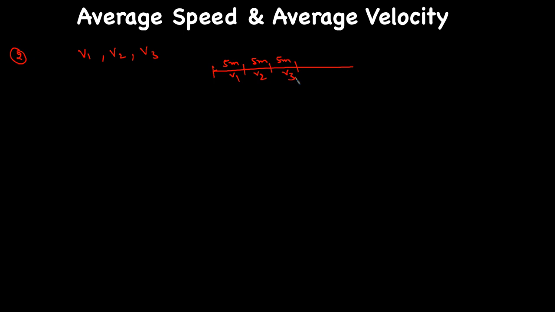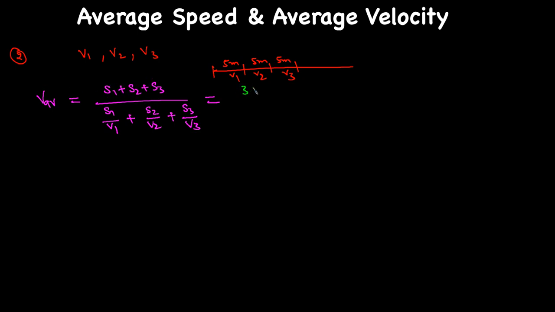So how will the formula look in that case? It's going to be exactly the same as how we did it. V average is going to be s1 plus s2 plus s3 over s1 over v1, so total distance over total time, s2 over v2 plus s3 over v3, and so on. As the distance is the same in each interval, this gives me on the top 3s,